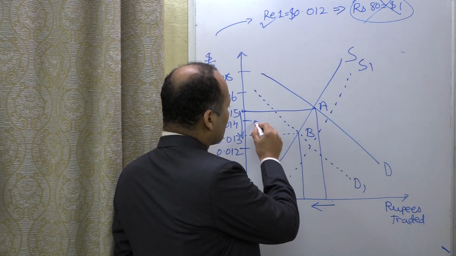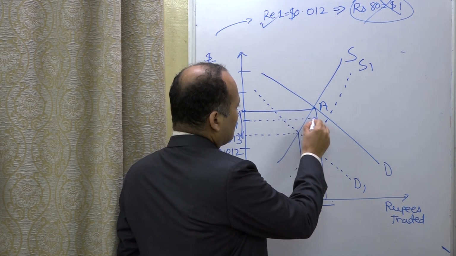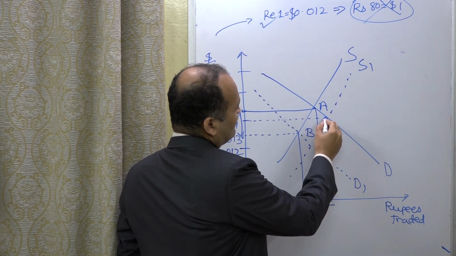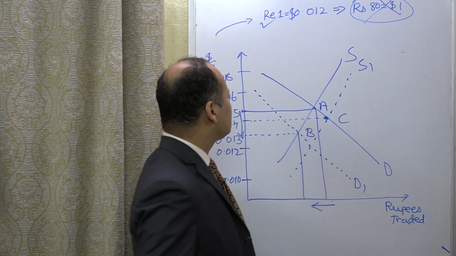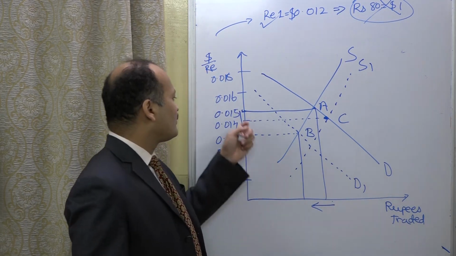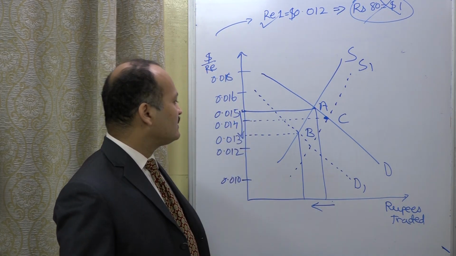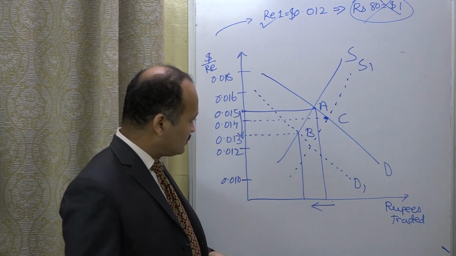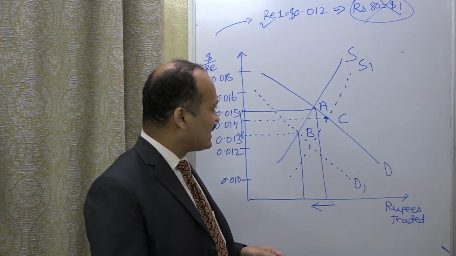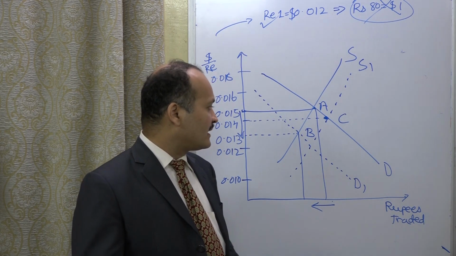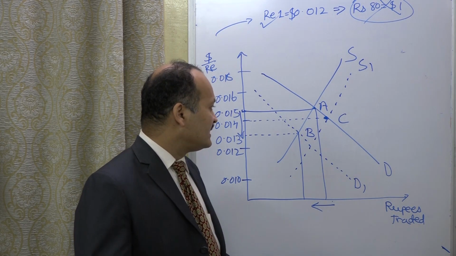That will again cause a fall in the value of rupee from A to C, say maybe from 0.1015 to 0.014. Okay, now an increase in money supply, because the central bank or the RBI is following an easy monetary